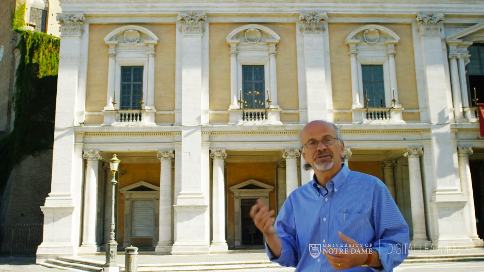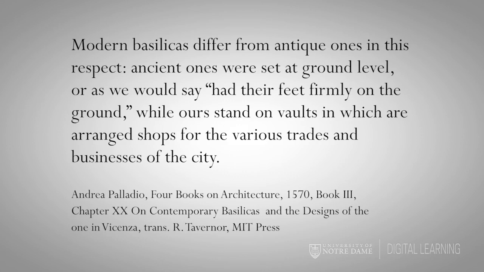And then we have Palladio also saying that our modern basilicas, by which he means basically town halls, large meeting halls for representative governments, are different from the ancient Roman ones because our basilicas have the meeting space upstairs and they have loggias or shops down below for doing business and for citizens to gather out of the rain and the sun. Vitruvius also says that basilicas provide these kinds of porticos or loggias for gathering away from the sunshine in the shade. And Rome can be quite hot in the summertime.